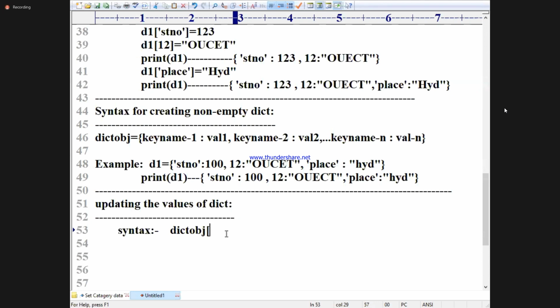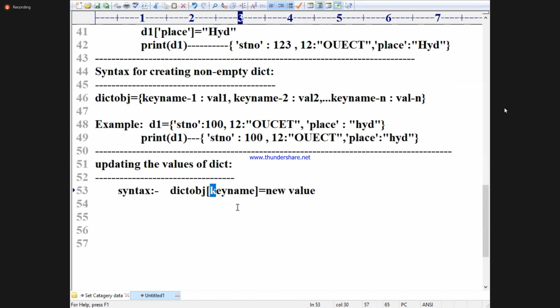Dict obj of key name is equal to new value. I will write one special point here.